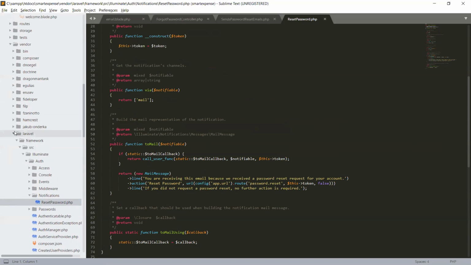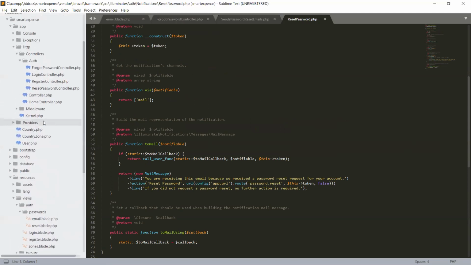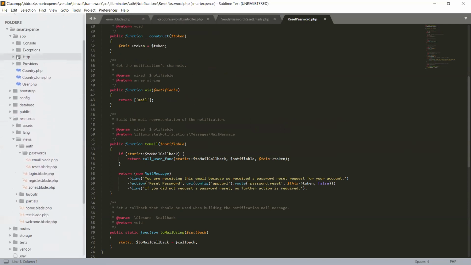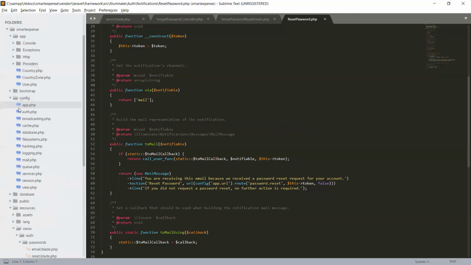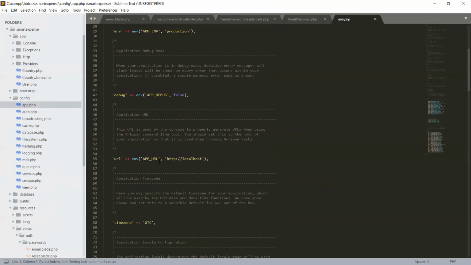Let's close the vendor. We can close the controller. In our config app, we will set our URL. So this is on a local server, so we have localhost. When this application goes live, you have to give the URL of your domain.